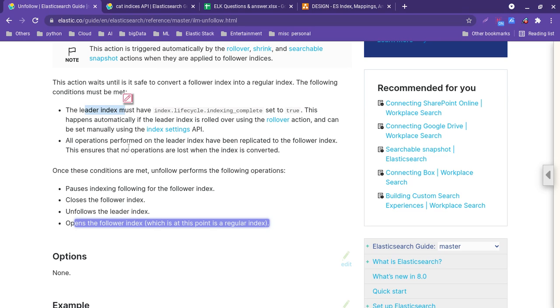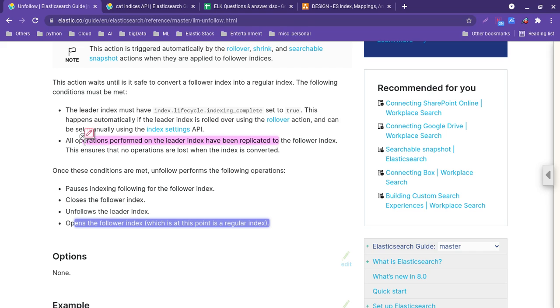Similarly, all operations performed by the leader index have to be replicated. Whatever actions were performed by the existing resource have to be handed over, like a KT, to the new resource.